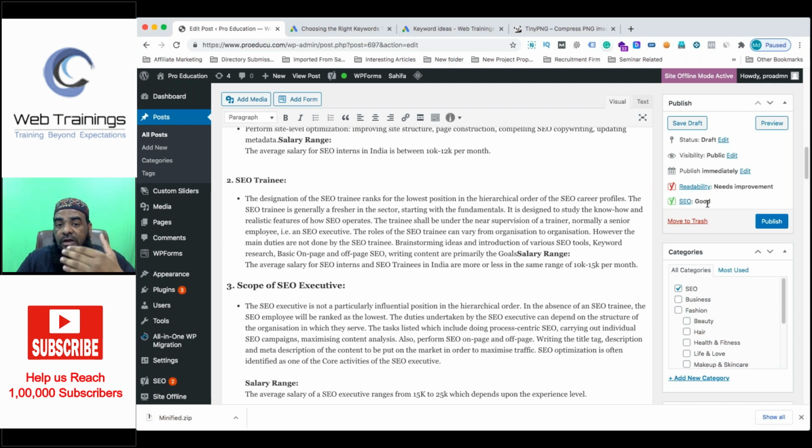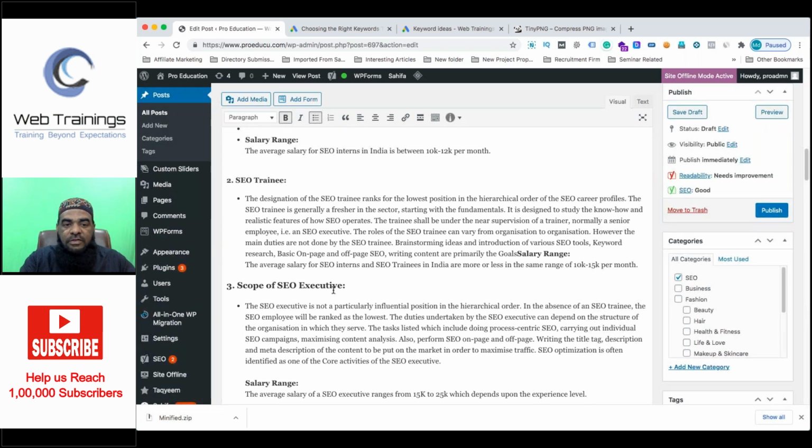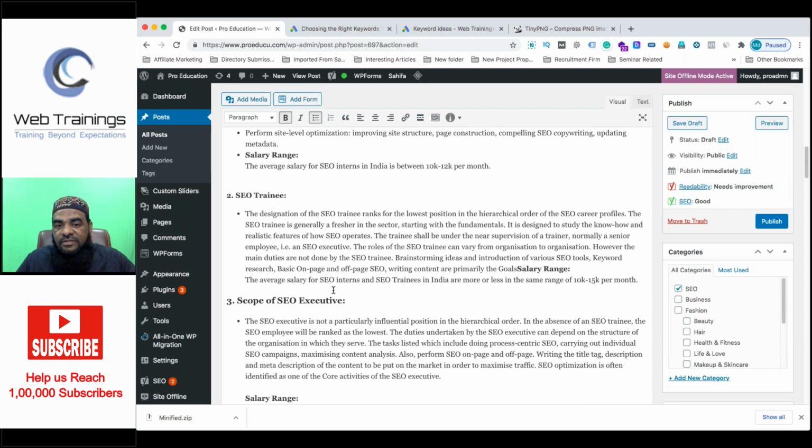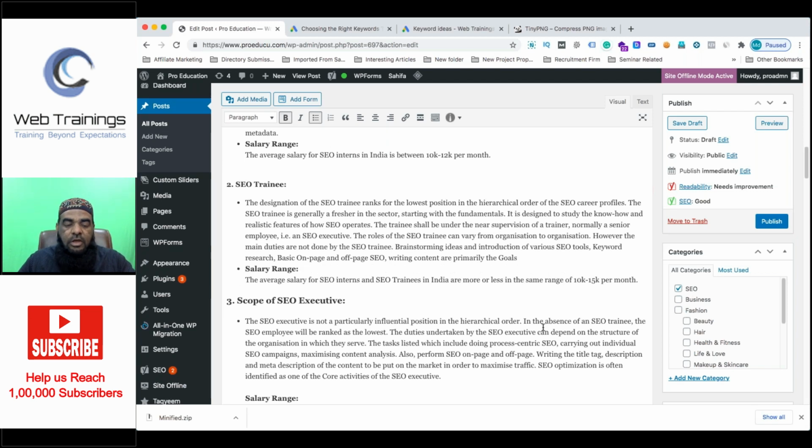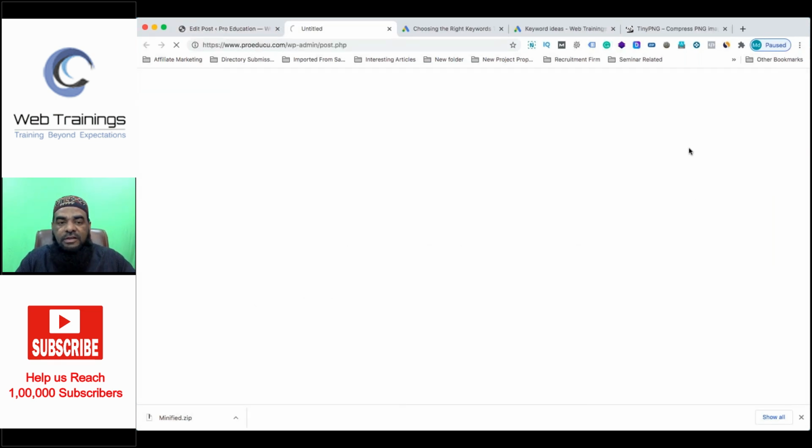Then for our image snippets, if you want to use them, you can also use the Yoast sharing option. There are extra options for our page, but the general idea is that this is how we can do on-page optimization of a simple blog in WordPress. And once we launch it, there is a very high chance that this article will rank quickly as well. So I'll just do some adjustments as well. All right, so this is a simplistic way of how we can optimize, and let's see the preview of the article which we have just written and optimized for SEO.